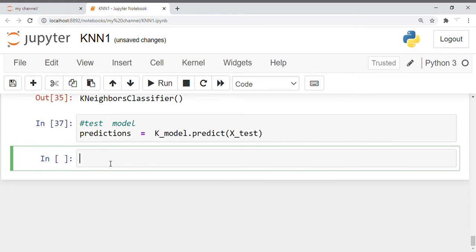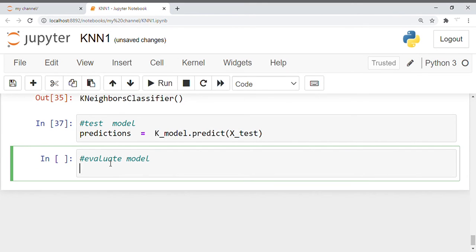Once you're done with that, I think we need to evaluate your model. That is basically the final step of your model. Okay, I'll try to say evaluate model. For that, what I do, I simply say that from sklearn, there are a couple of metrics that we need to import, because this is typically the classification problem.